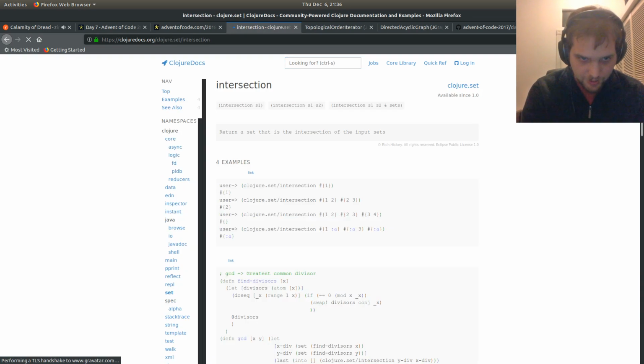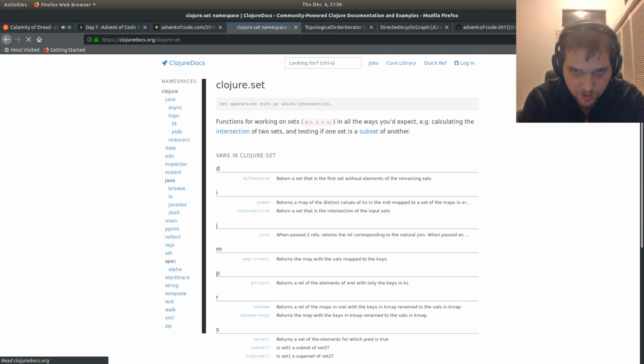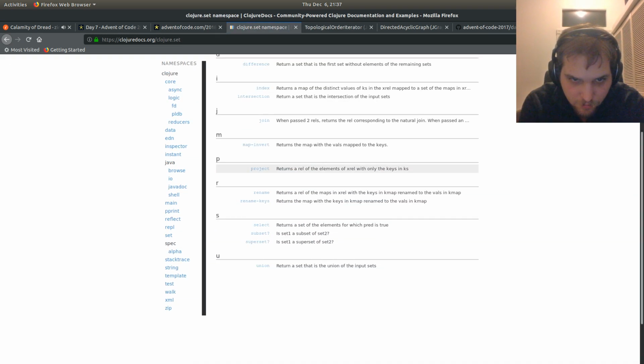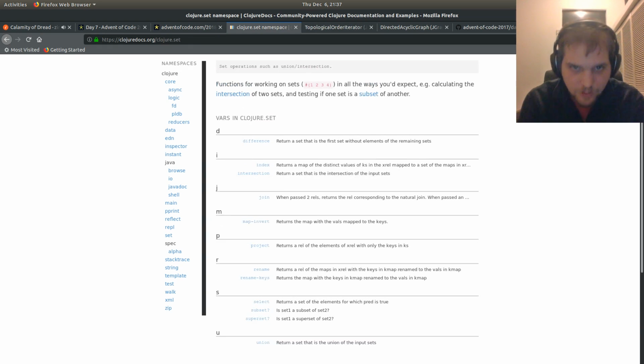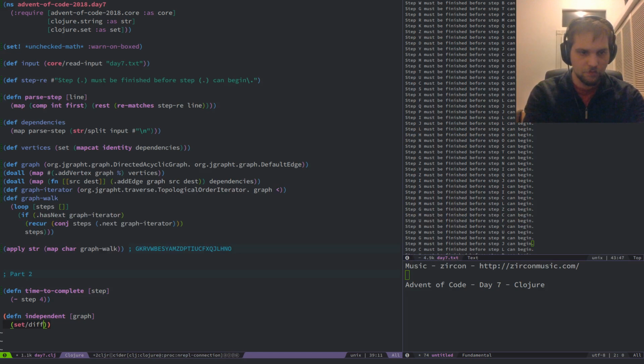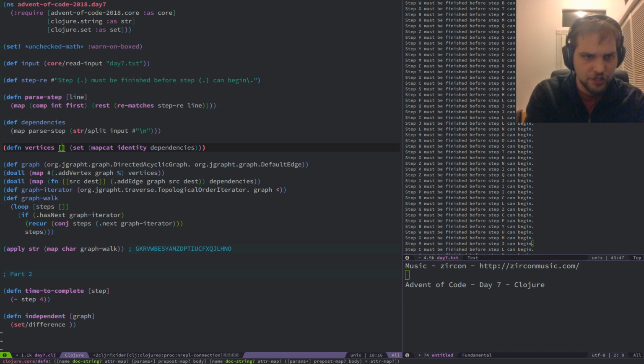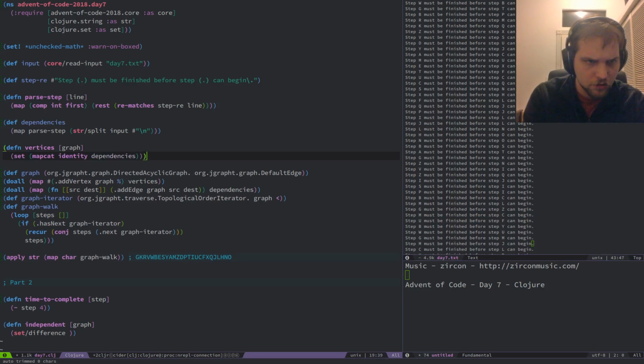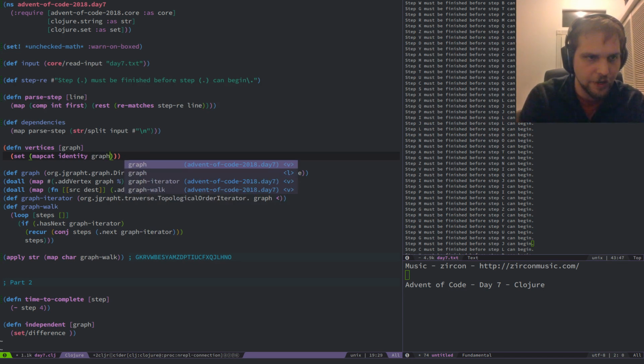This will get me to the right area. Set. Difference. The vertices, I'm going to have to make this something else. The vertices of a graph. There we go.